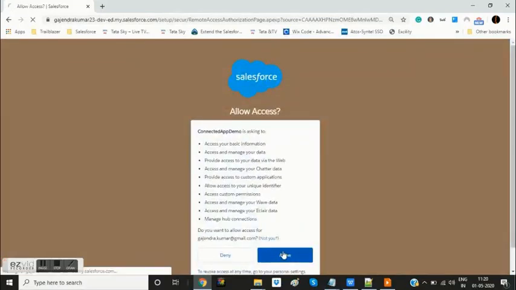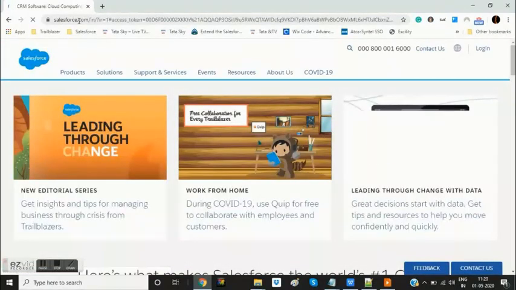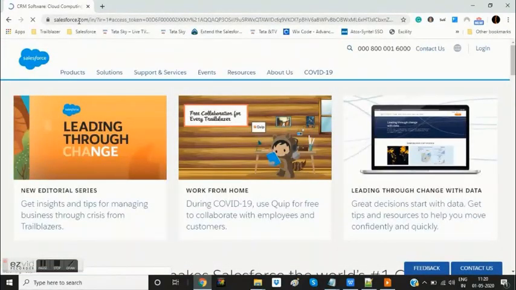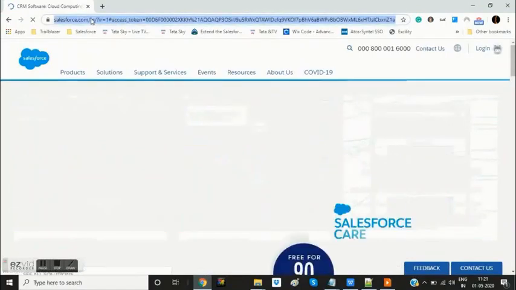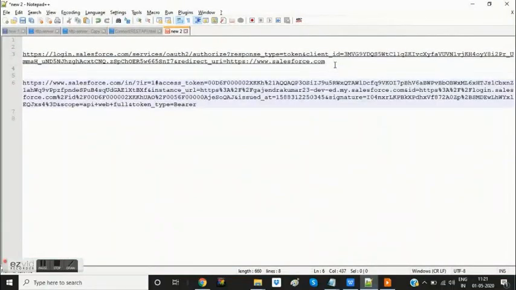Okay, so if I click on the allow button, you can see it took me to salesforce.com, which was my callback URL, along with the appended access token. If I copy this URL and look here, it says www.salesforce.com, which is my callback URL in the connected app.